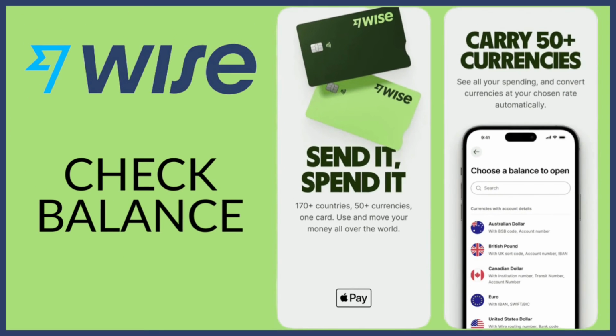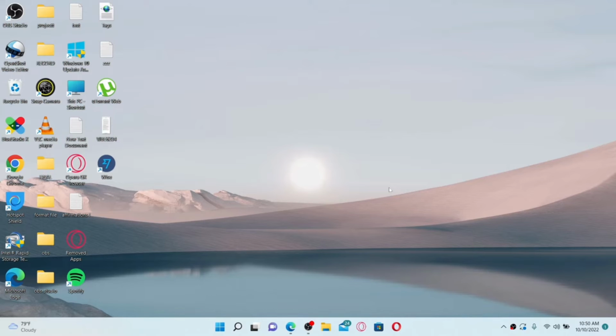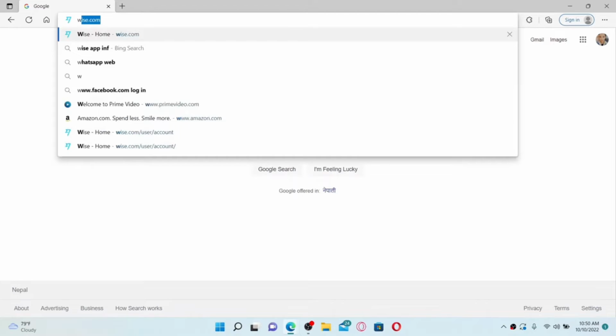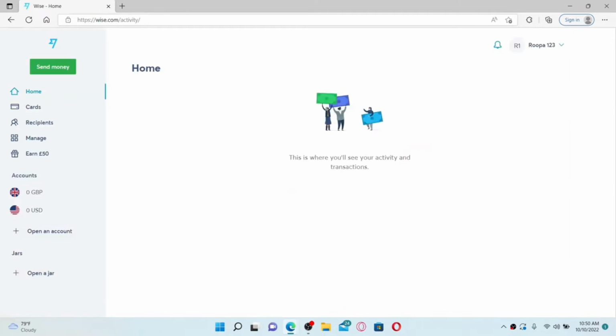If you want to check your balance on your wise.com account for a particular currency, then the first thing to do is to make sure that you're logged in to your Wise account. Open up a web browser of your choice and in the URL box type in wise.com and press enter on your keyboard. Make sure that you are logged into your wise.com account, and once you are inside the main home